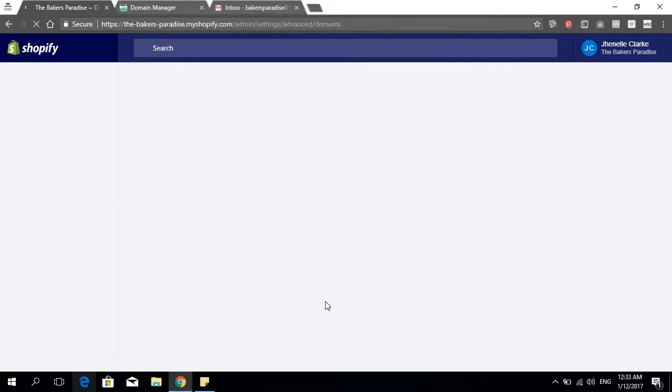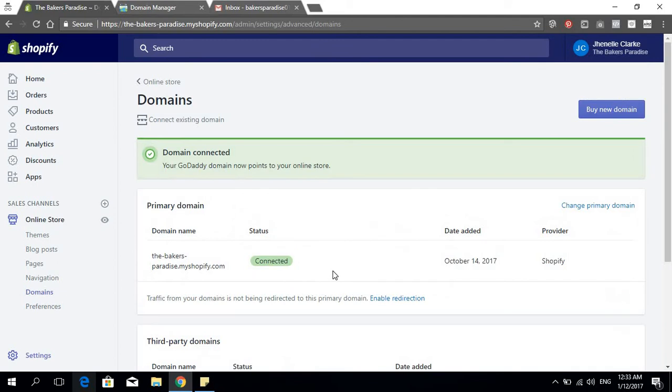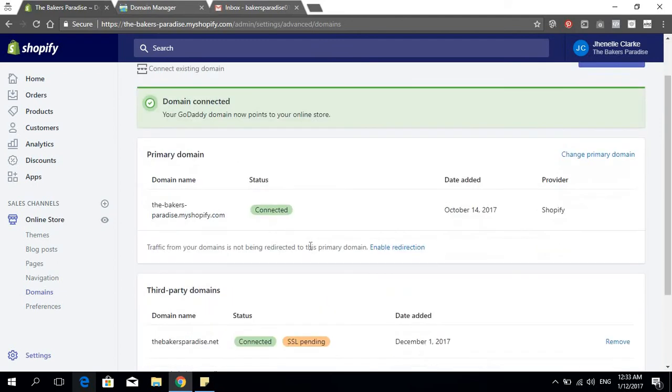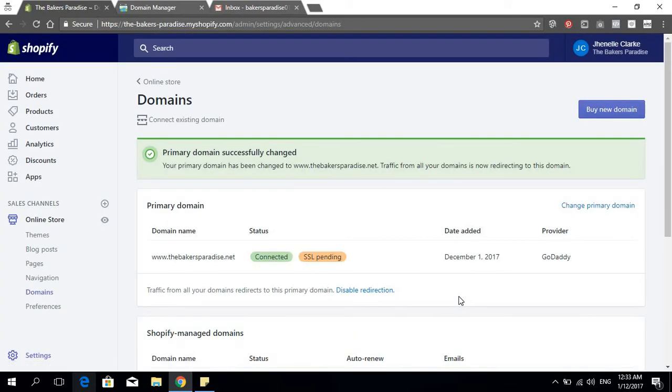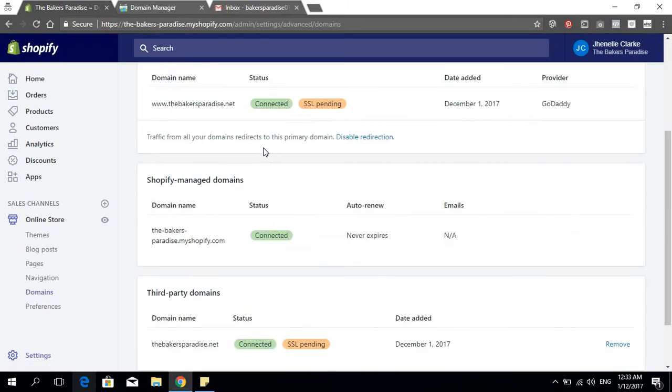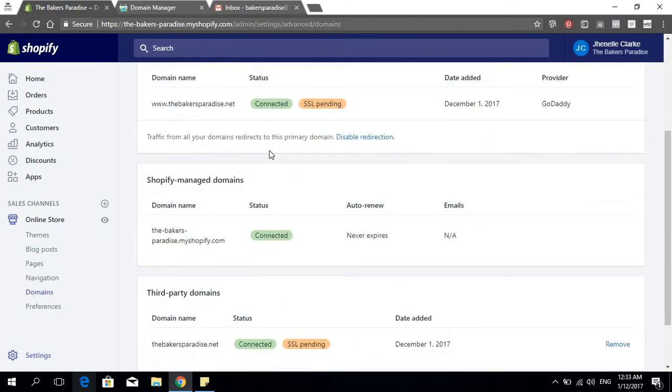Says it has been connected. Okay, now it's connected. So now you want to change your primary domain to www.thebakersparadise.net and hit save. For persons who don't want to do the professional email address, the manual one with HostGator,